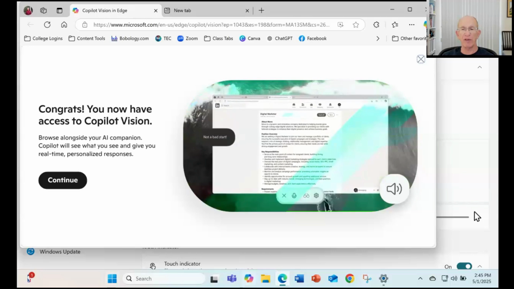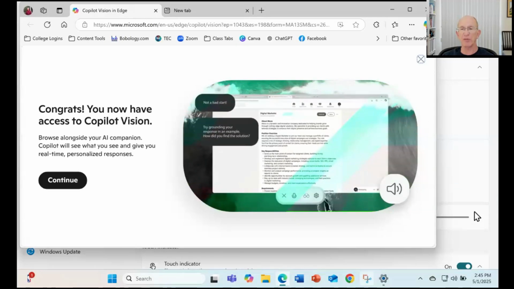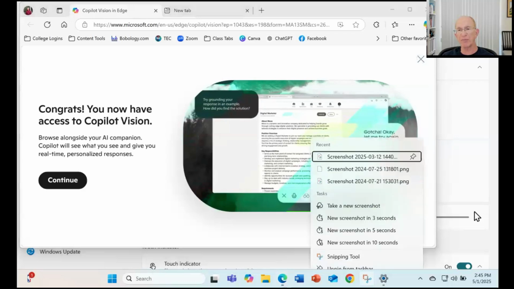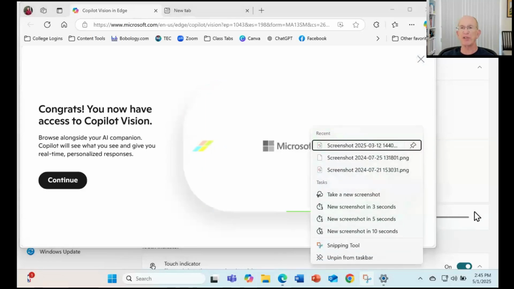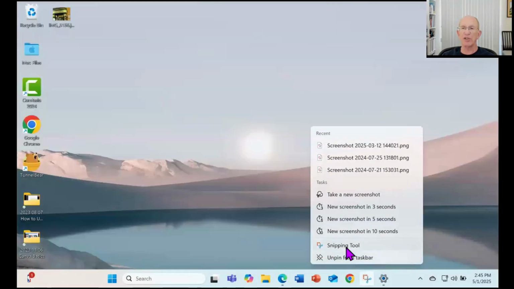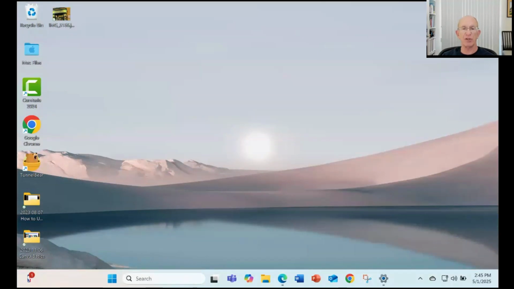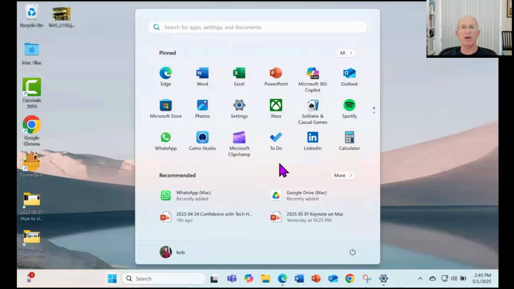Now, when you have an application pinned in your taskbar, this is the snipping tool, and you right-click on it, it brings up these options here. This is the snipping tool, and it gives me some quick options that I can select, or I can unpin it from the taskbar. I'm going to go to my applications here, and I'm going to take something called Photos,